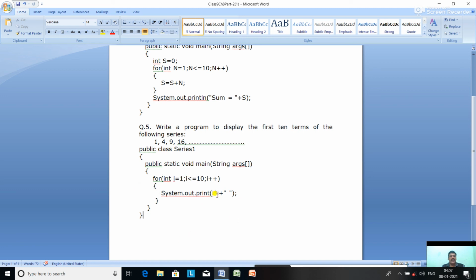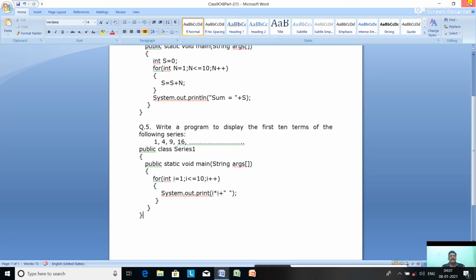Then again go for the next i plus plus, it becomes 2. 2 is less than 10, yes, then print in the same line after one blank space, 2 into 2, 4 is printed. Again go for the next, 3. 3 less than 10, yes, then 3 into 3, 9 is printed. The next 4, 4 into 4, 16 is printed. Next 5, 5 into 5, 25 is printed. So like this, it is going to print the first 10 terms.